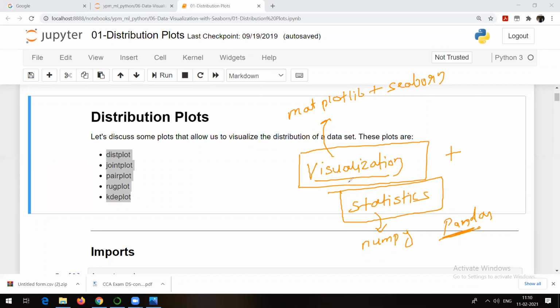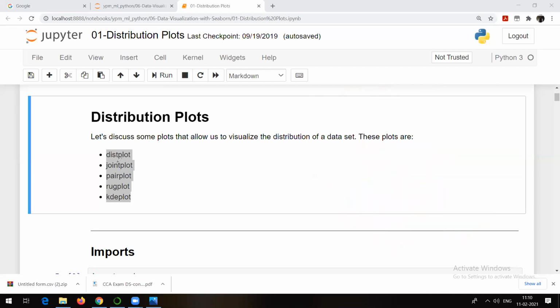So do it as soon as possible, because once I start with the algorithms, you will see that I will be making use of these packages again and again. At that time, it should not happen that you are not aware of those things. I know that some of you might be aware of this, but those who are not aware, I'm just telling this for them. Okay, so you can see distribution plots. These are the plots we are going to talk about now, specifically in the Seaborn package.